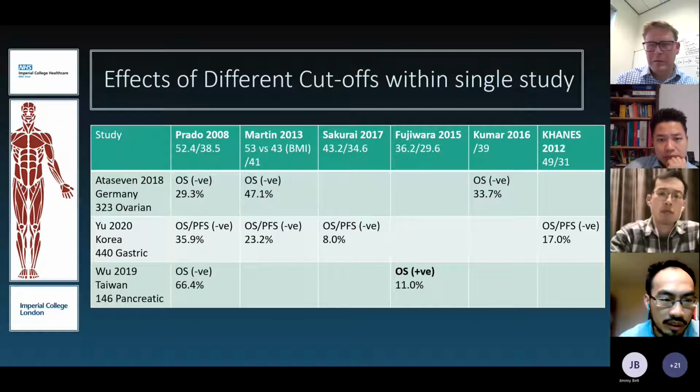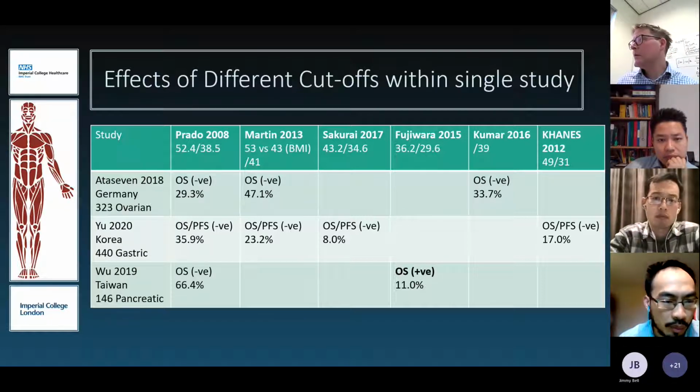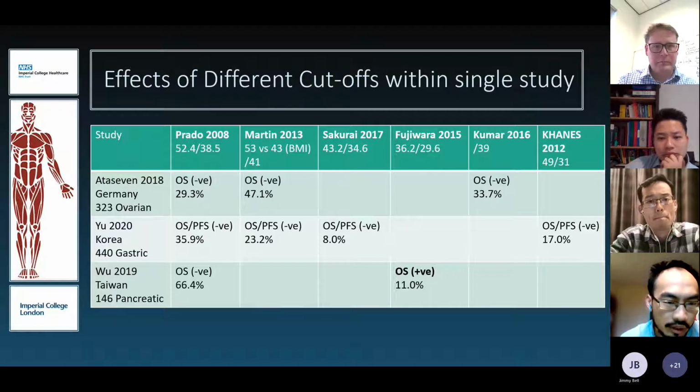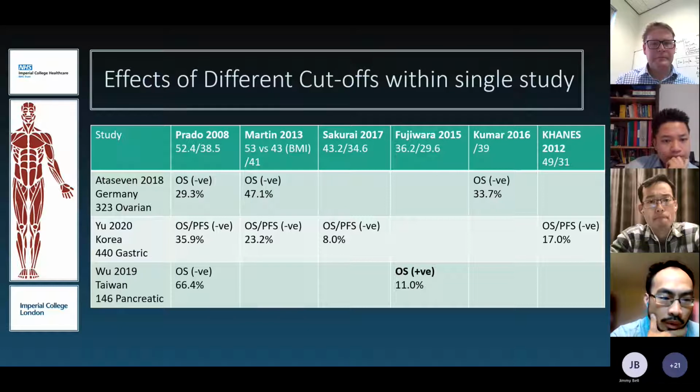So you've got the ATA7 study. They looked at the cutoffs from Prado, Martin, and another study looking also at ovarian cancers in Kumar, and they found that it was not predictive for overall survival. And you can see in terms of the percentages in the table, that's the prevalence of your population that's sarcopenic, depending on the cutoff that you're applying. So you can see quite a range,